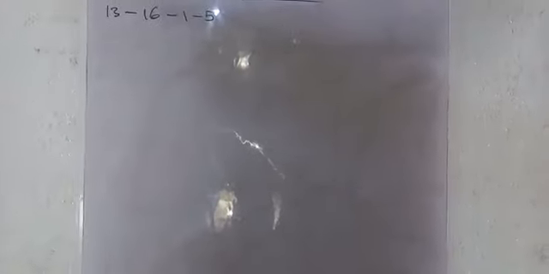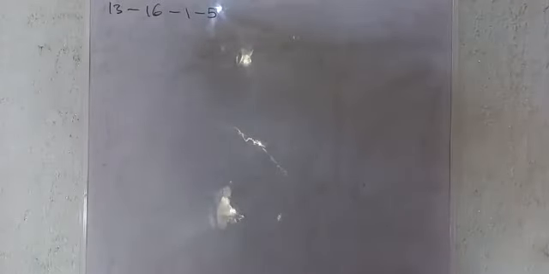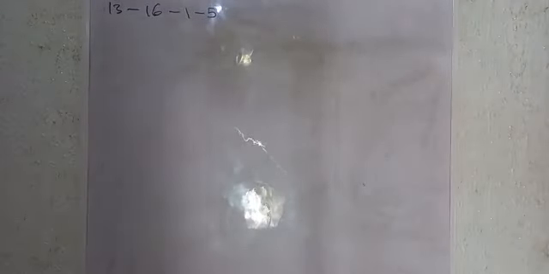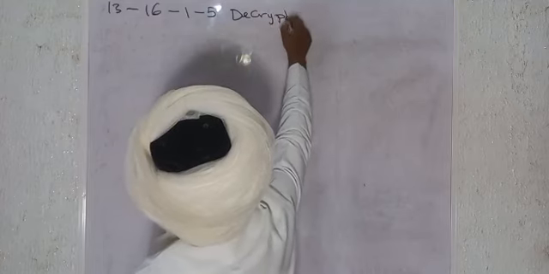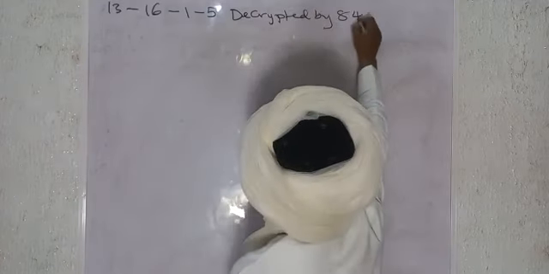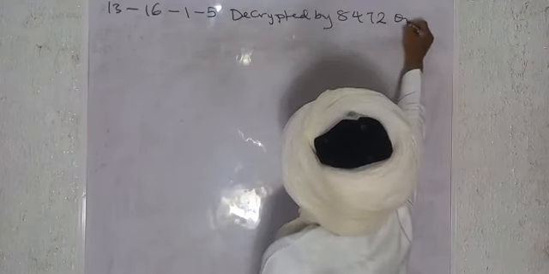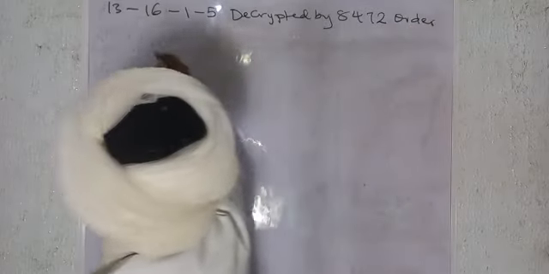Don't forget that she told me they came because of what? Financial issue. But this is the number she picked randomly. Now I use these numbers to construct a binomancy table using the 8472 order, decrypted by 8472 order. So this is what I got: